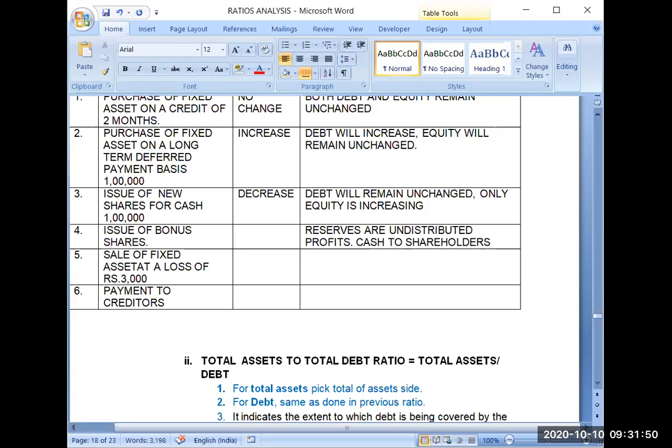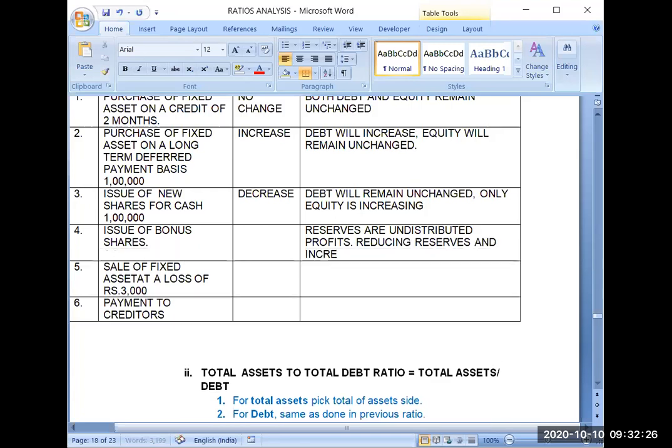If you will see the amount of profit companies are earning, it is in huge amount. So if you decide to distribute that reserves in cash, that is not possible because it requires a lot of liquidity. But at the same time, what you can do, second option is you can convert these reserves into shares. You can convert these reserves into shares. So what you are doing, you are reducing your reserves and you are increasing your share capital.